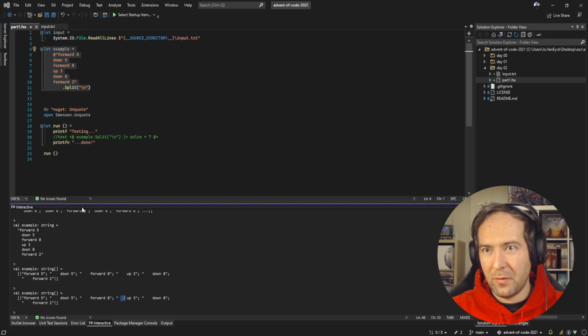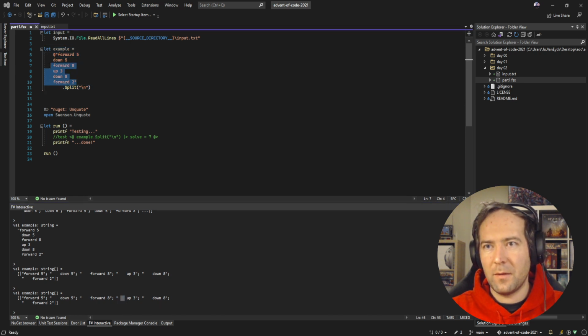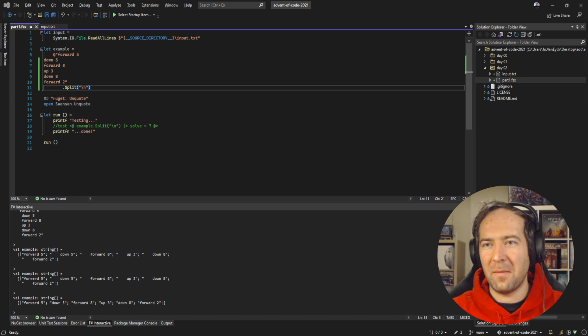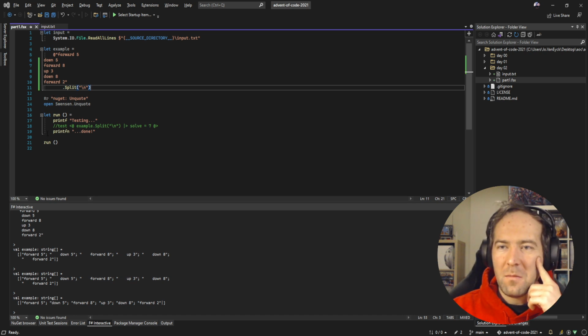We need to trim the tabs. I'm not gonna bother trimming, I'm just gonna leave some horrible indentation in my code file. Okay, so